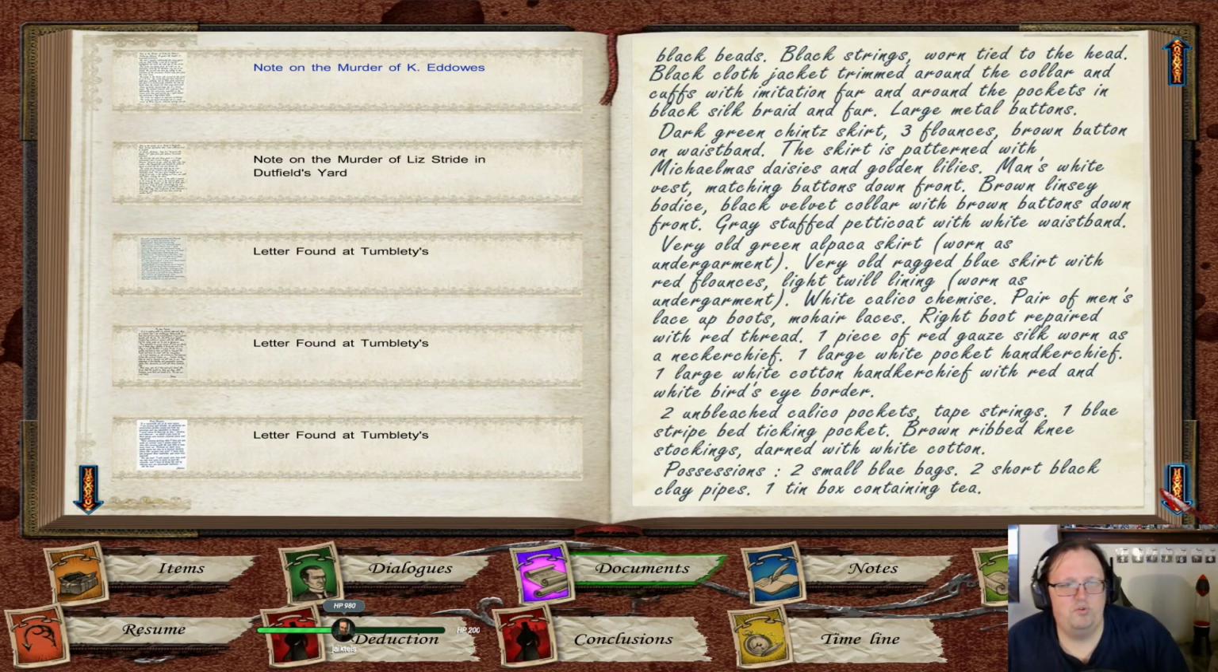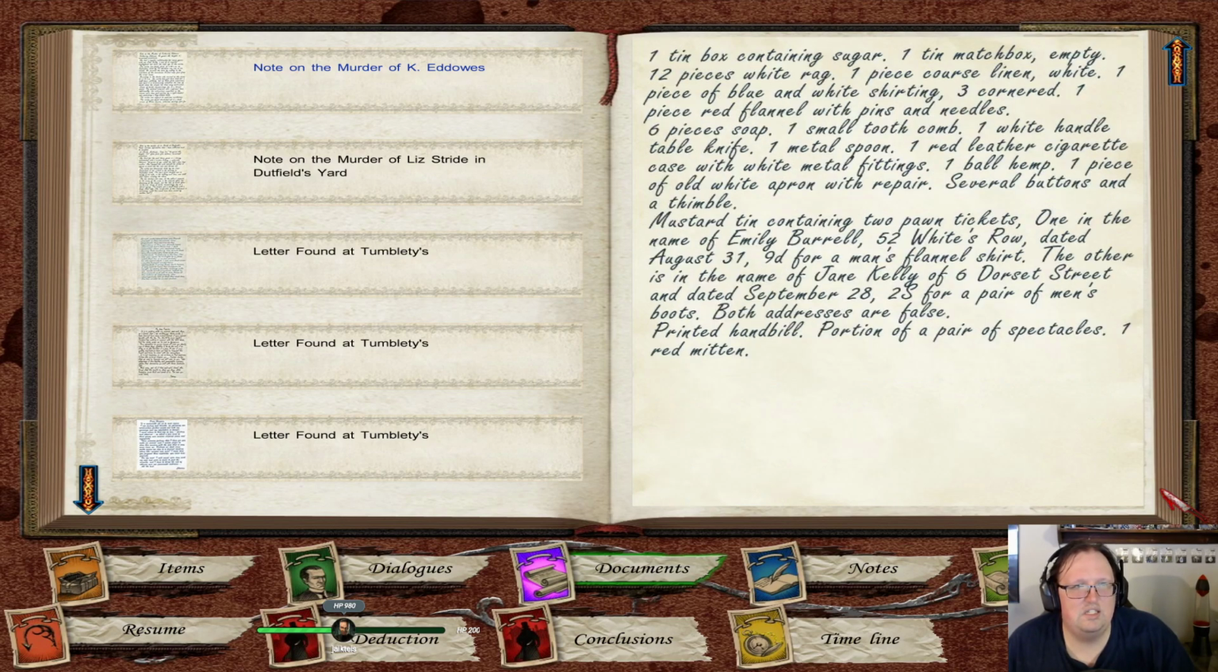Possessions: 2 small blue bags, 2 short black clay pipes, 1 tin box containing tea, 1 tin box containing sugar, 1 tin matchbox empty, 12 pieces white rag, 1 piece coarse linen white, 1 piece of blue and white string, 3-cornered, 1 piece red flannel with pins and needles, 6 pieces of soap, 1 small tooth comb, 1 white handled table knife, 1 metal spoon, 1 leather cigarette case with white metal fittings, 1 ball of hemp, 1 piece of old white